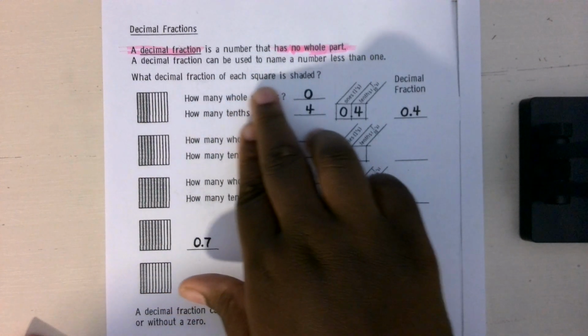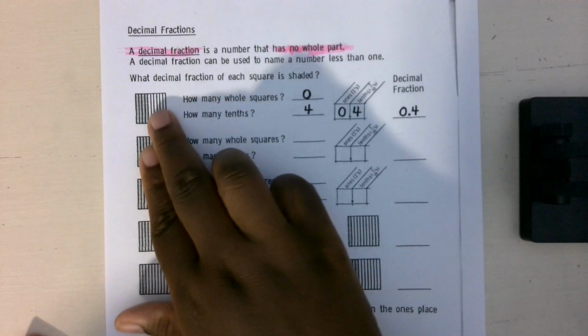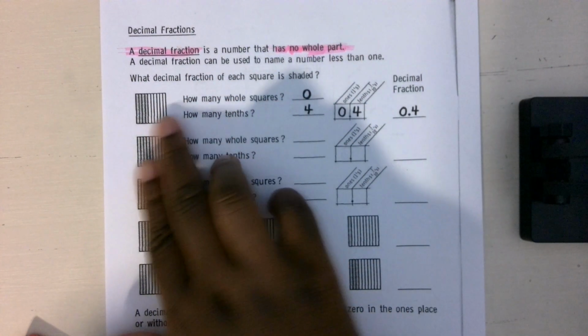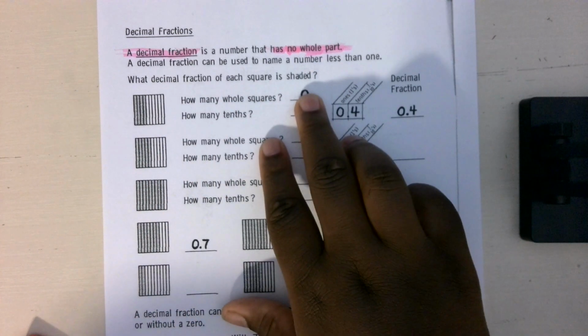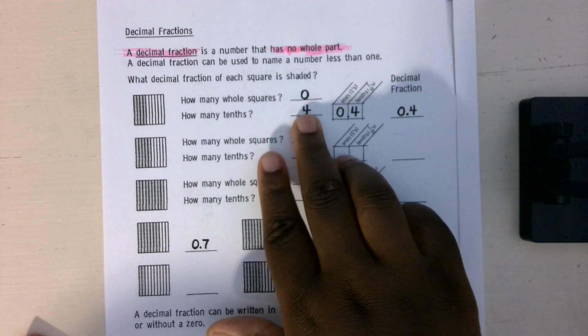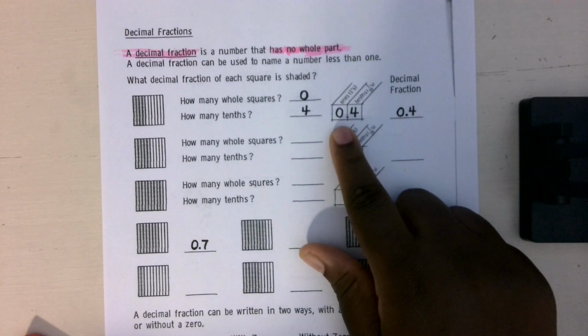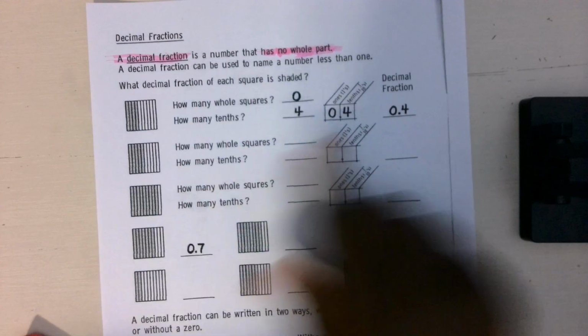So what decimal fraction of each square is shaded? Well, this is the whole square, and how many whole squares are shaded? 0. How many tenths? 4. And so we can put that in a place value chart. 0 whole units